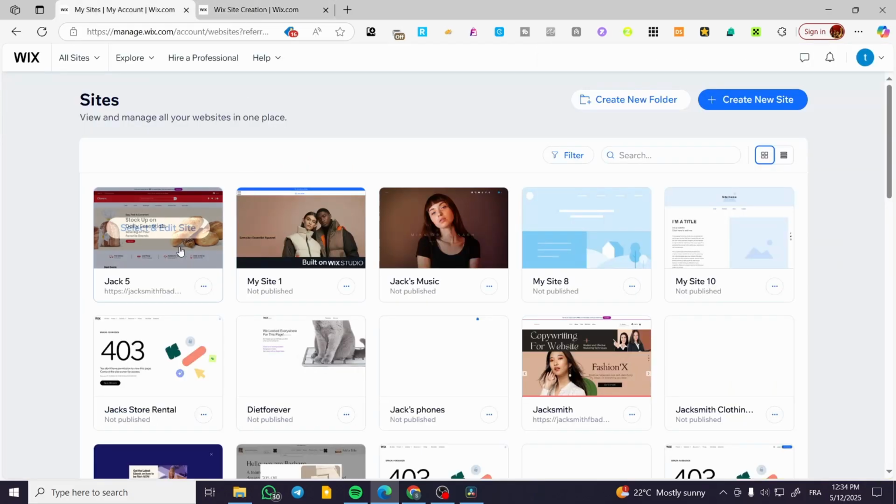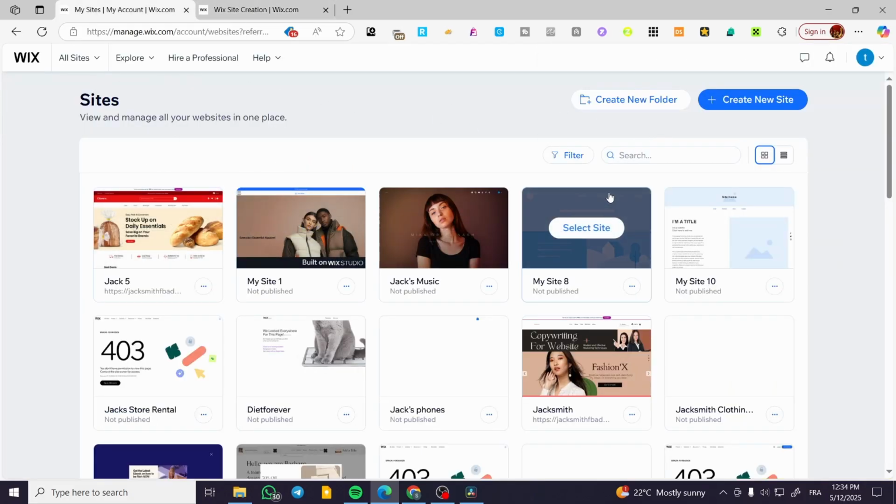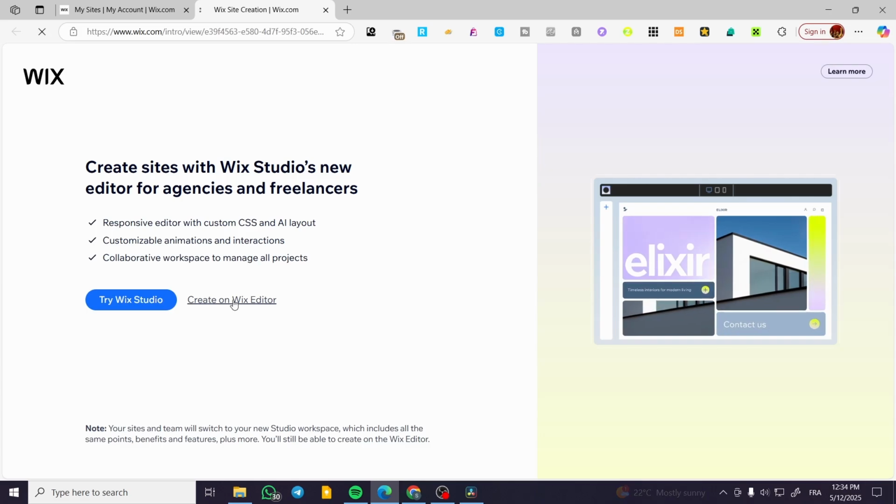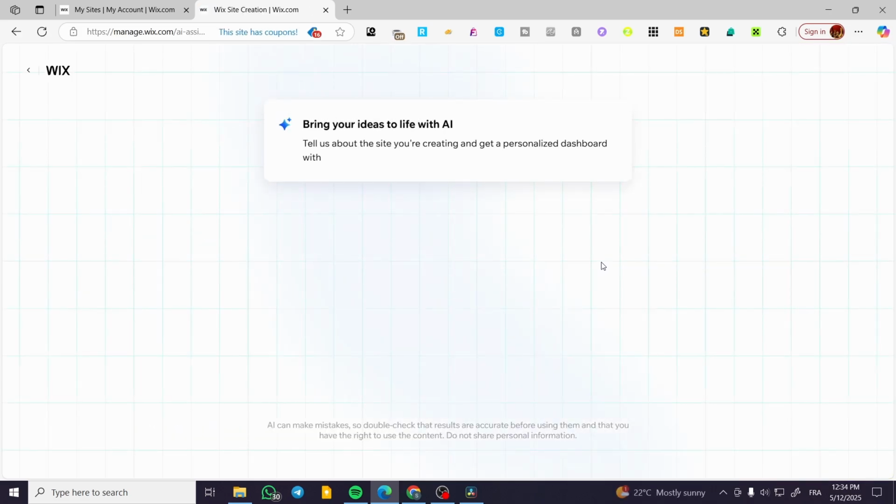For those who are familiar with Wix.com and already have some websites, click on create new site and it is going to be very simple. Now click on create on Wix editor, and then we're going to have this Wix ADI. Wix ADI is an abbreviation for artificial design intelligence. So either you are going to have the AI helping you out creating your website, which is very simple, by answering a few questions,